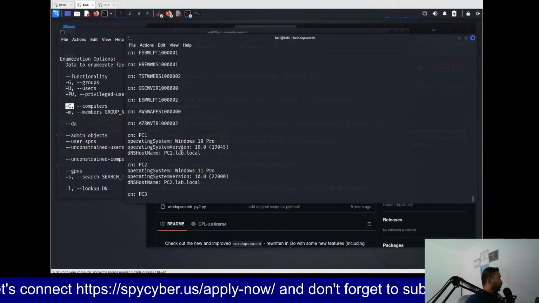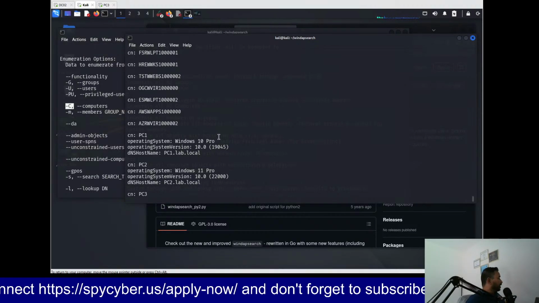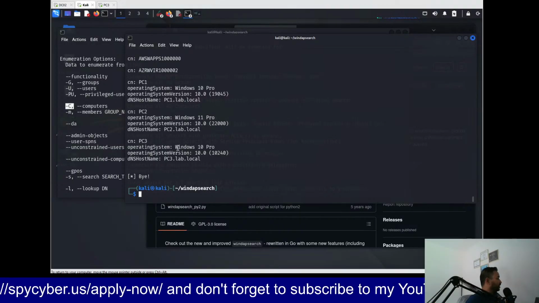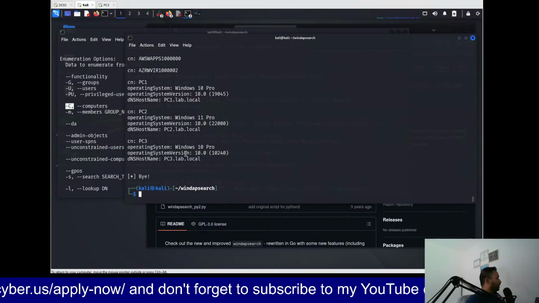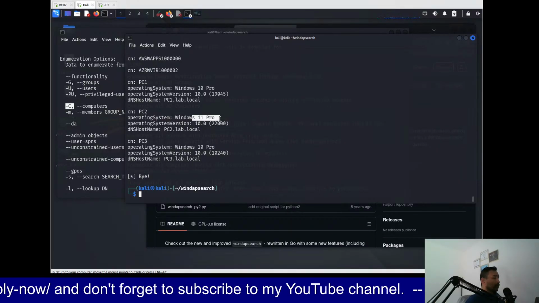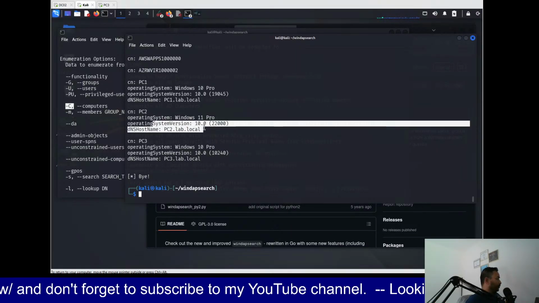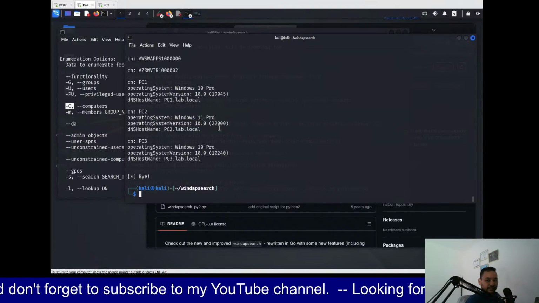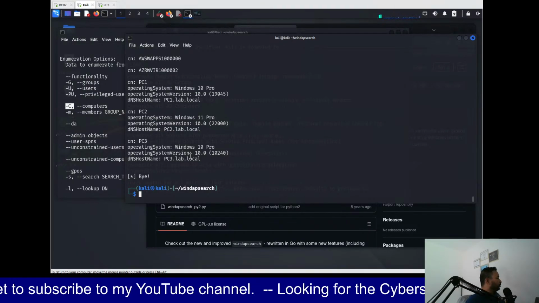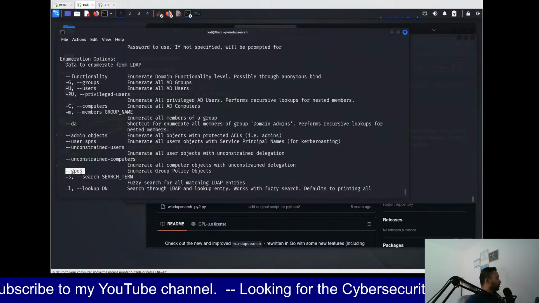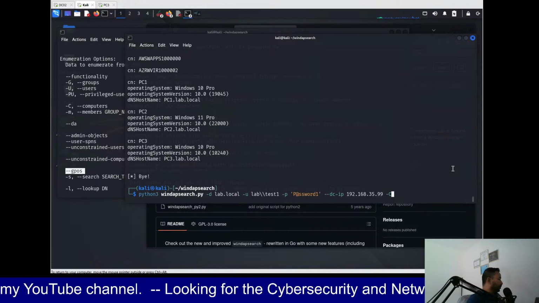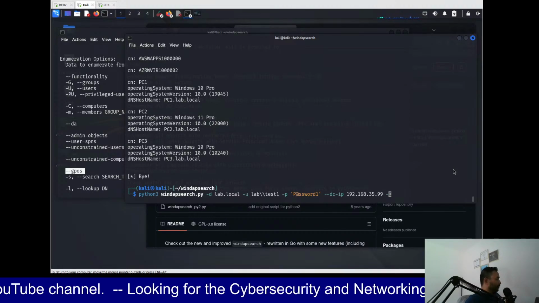All right, so now let's go back to our lab, and this is the PC3, and then you will see the 10 Pro, and this is a version, and the PC3, and this is the PC2, which is 11 Pro, and this is the domain information. That's it. All right, so now what else you can do is GPO, so group policy, and you can do the group policy as well. So let's do